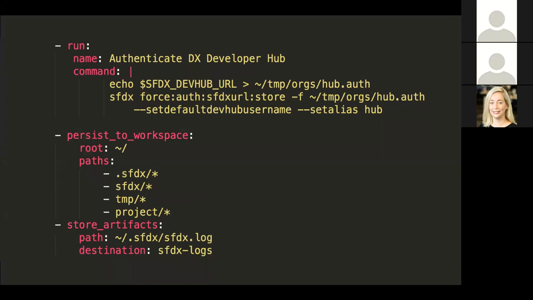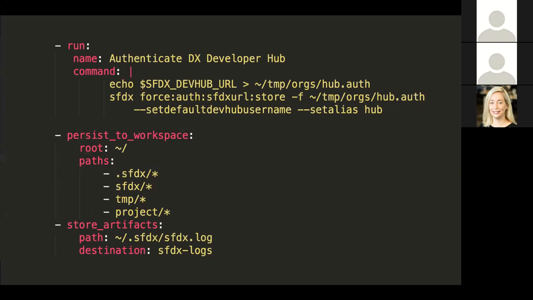And there's something to keep in mind. Each job runs in its separate container, and it doesn't know about the things that you did before. So to persist something from one container to the next, you have to use one or more of the ways to persist data in CircleCI. So I choose to create a workspace, and the persist to workspace command sets up this workspace and saves them to disk, kind of. So I created a root. I assigned some paths to that,